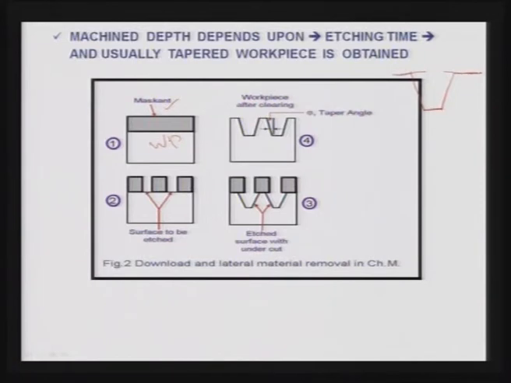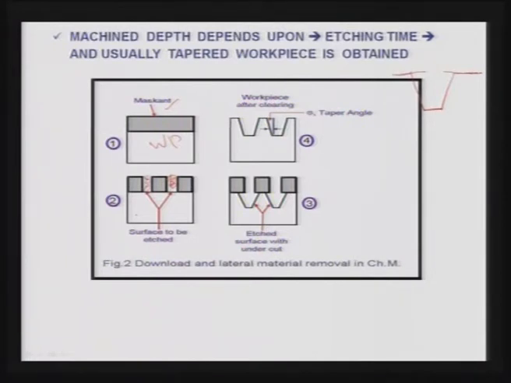And now, after the cut and peel method or by any other method, you remove the maskant from these areas from where the material is to be removed, as shown here, surface to be etched. And this should be done very accurately and nicely, because if this area from where the material is to be removed is not accurately demasked, then you will not get the correct product.